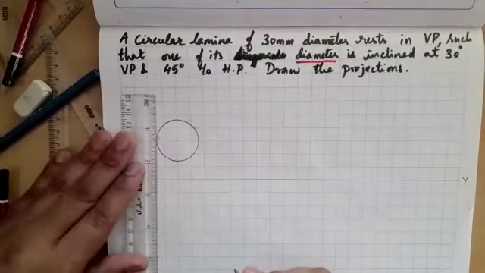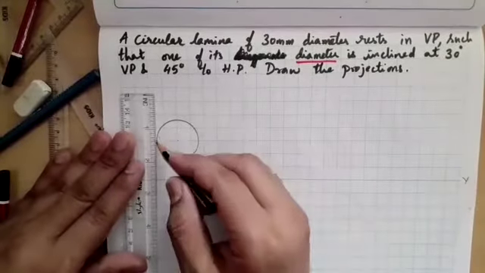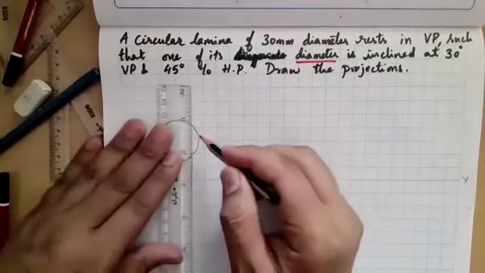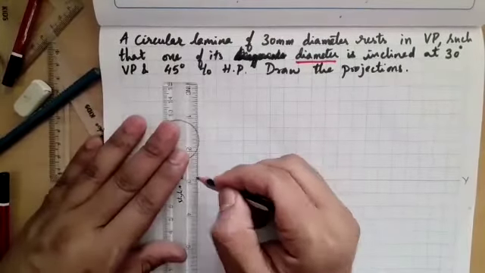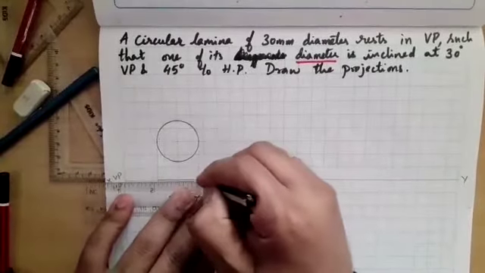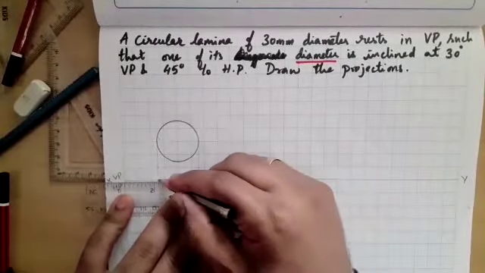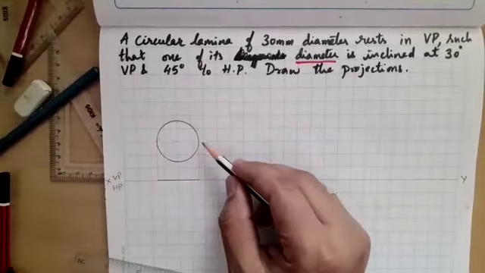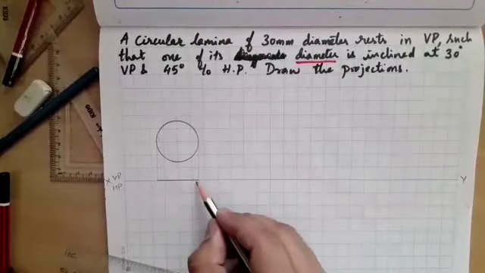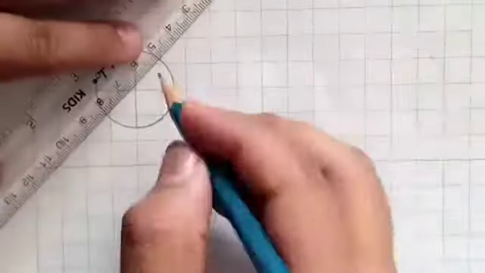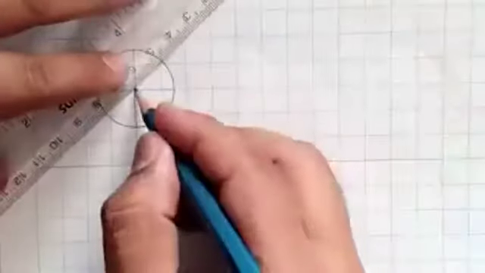How to name this? Because it doesn't have any edges. What to do? So I'll divide the circle into equal number of parts and represent some imaginary lines. This is the top view. I don't have any corner here, but top view will be just a line on this number of parts. Later on, you can divide the circle into 8 parts.